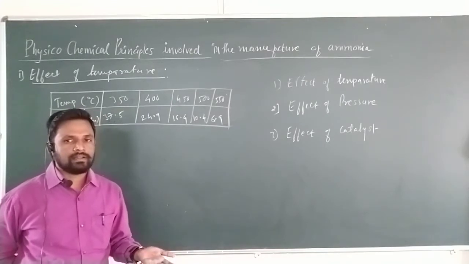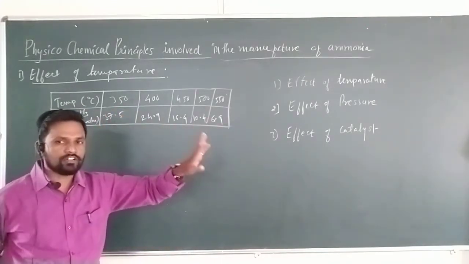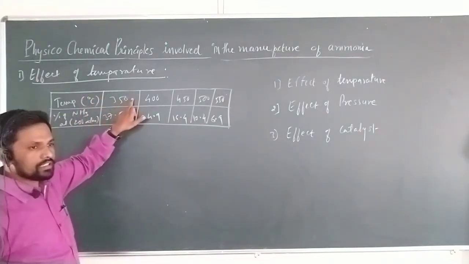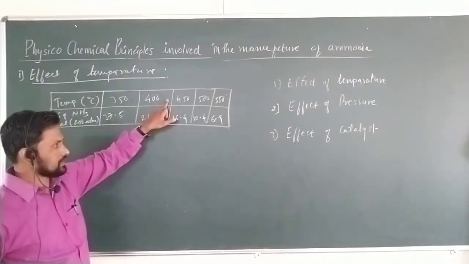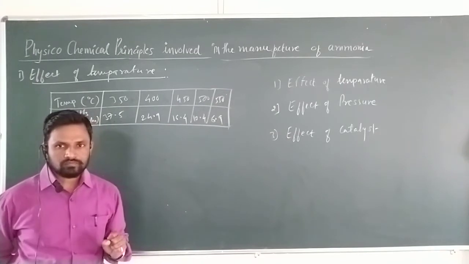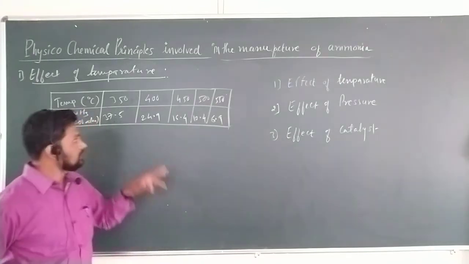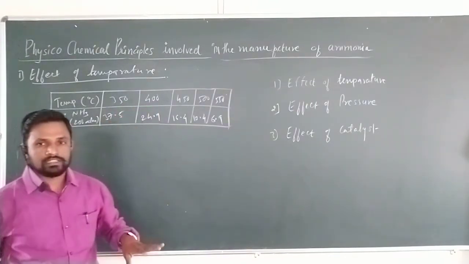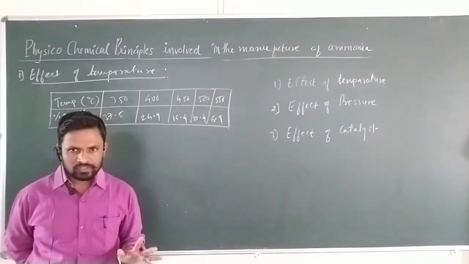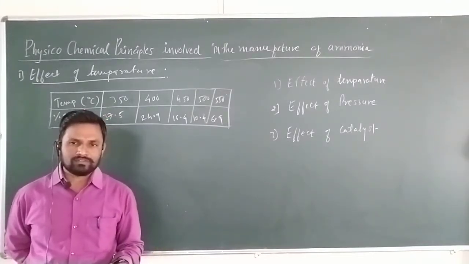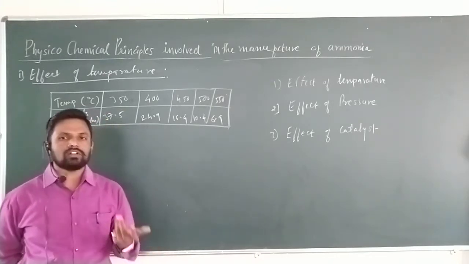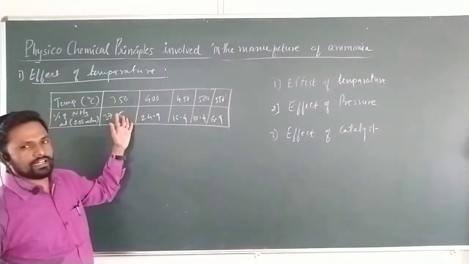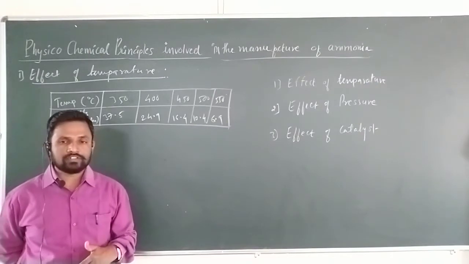comparatively to the 19% yield. But what is the optimum temperature? 500 degrees Celsius. At 350 degrees Celsius, or 400 degrees Celsius, the rate of reaction is very slow. The formation of ammonia at 350 degrees Celsius has a percentage of 37.5, but the rate of reaction is very slow. But at industry level what is considered? It should be economically profitable. Even at 350 degrees Celsius the percentage is very high, 37.5, but the rate of reaction is very slow.